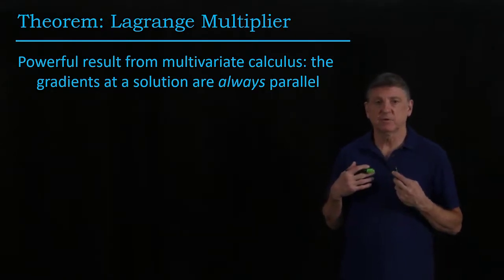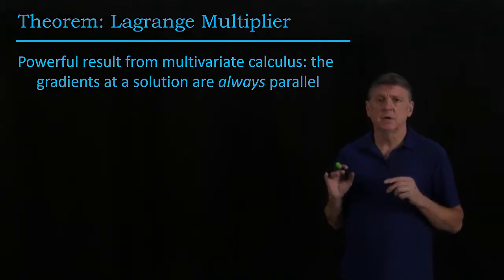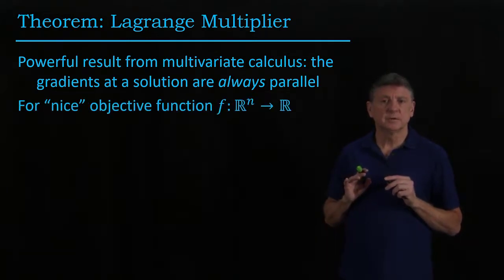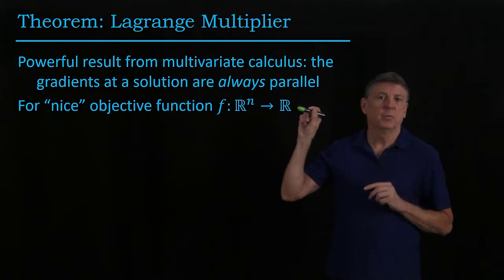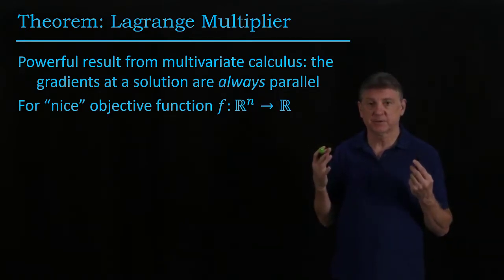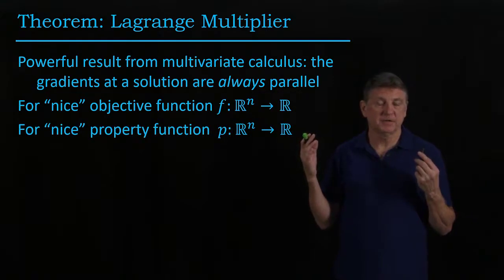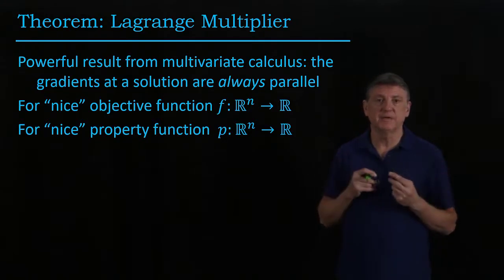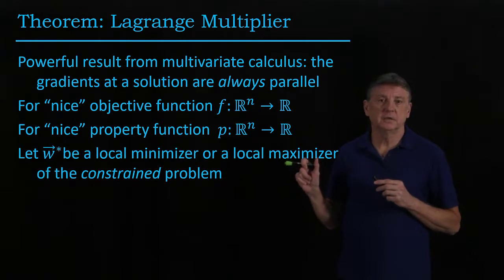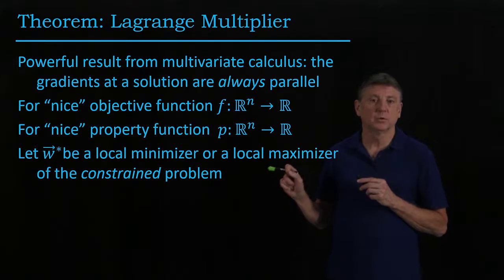My favorite solution involves some ideas from differential geometry that include things such as a tangent space, but there are lots and lots of proofs available for this theorem. So the theorem states that if you have what we're calling a nice objective function, so if it's an analytic function, if its Taylor series converges everywhere, and you also have a nice property function, so you can differentiate them as you need to, that suppose that you have a point that's a local minimizer or a local maximizer of